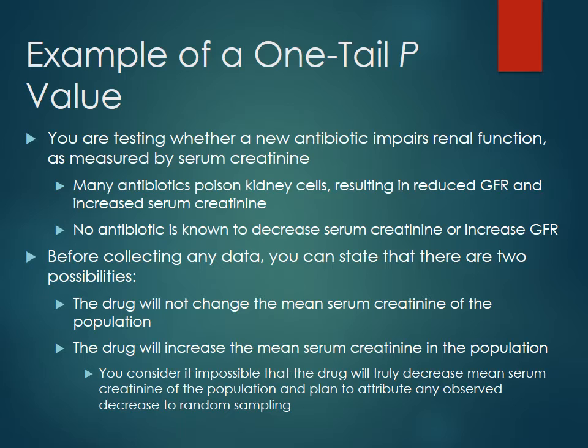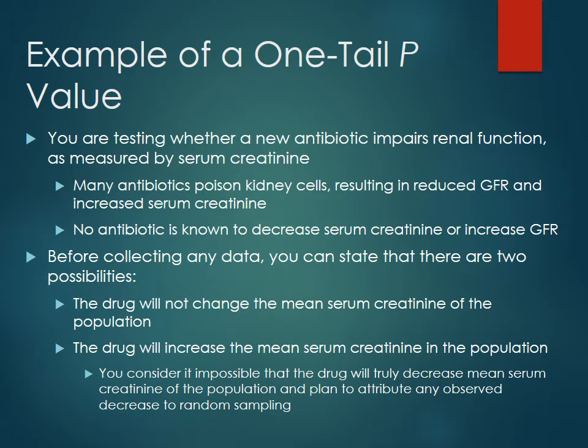So at this point, before collecting any of the data, you can say there are two possibilities, right? One, that the drug will not change the serum creatinine of the population, which is our null hypothesis. That should be the null hypothesis, saying there's going to be no change between the people getting the new antibiotic and the people not receiving it. And then what we're actually looking for is whether the drug will increase the mean serum creatinine in this population, right? At this point, you'd be considering it impossible for it to decrease the serum creatinine,